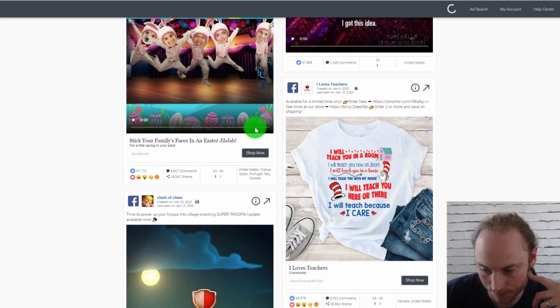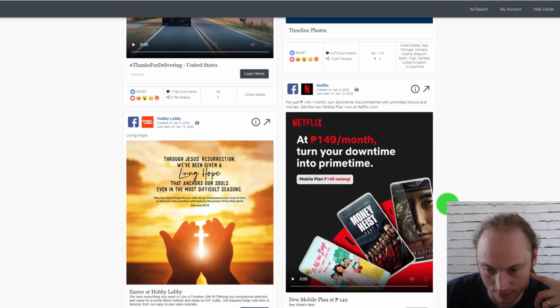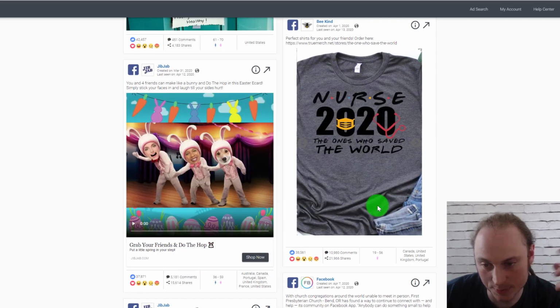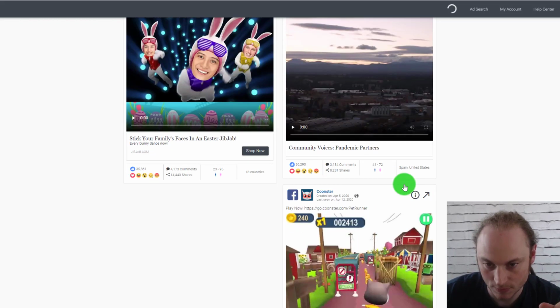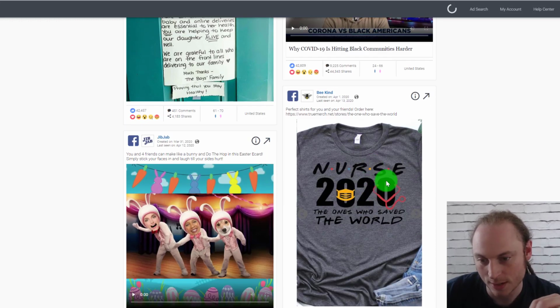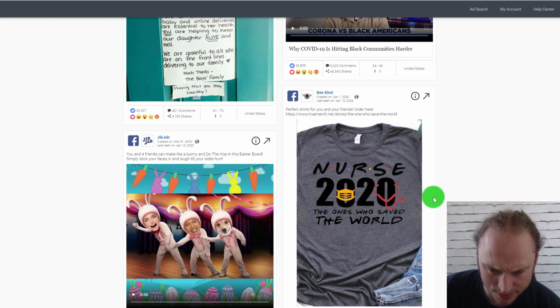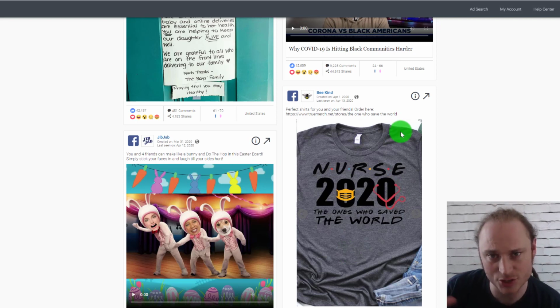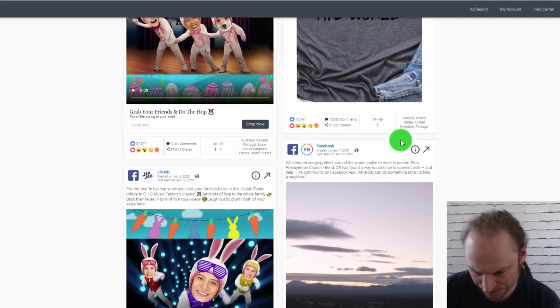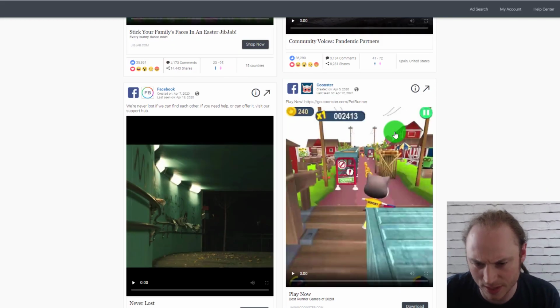There's that same print-on-demand shirt we were just looking at. Here's another print-on-demand shirt, Nurse 2020, the ones who saved the world. So pandemic stuff is really hot right now. And it'd be super easy to take a design like that and improve upon it, sell your own. Looks like they might be playing on the show Friends. In the word Friends, it's got little colored dots, similar to how they spell nurse here. I don't know if they're playing on a theme with that or what, but